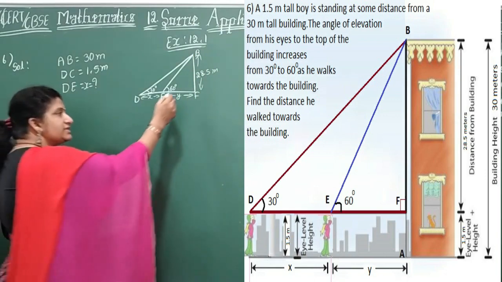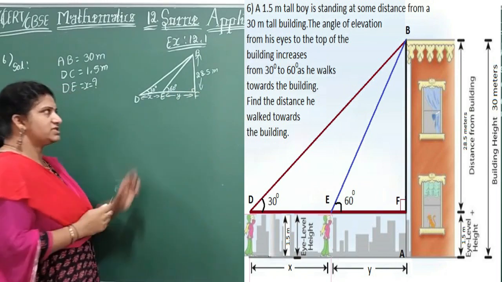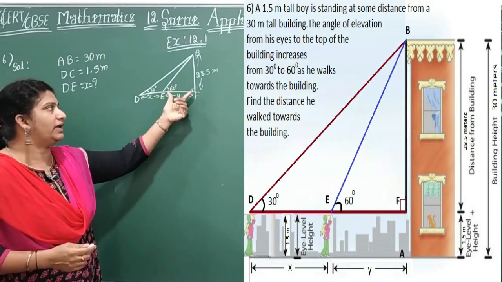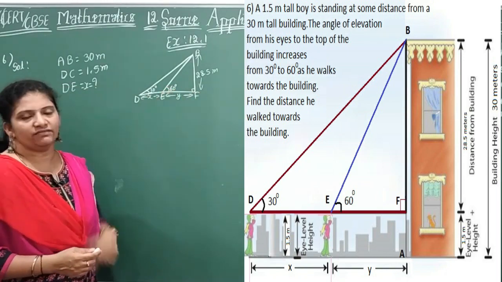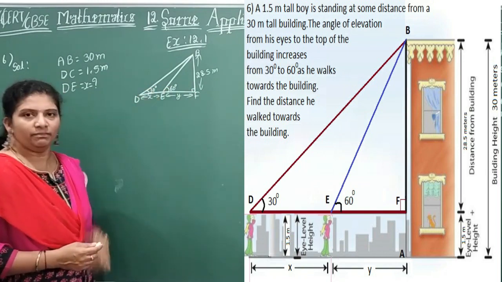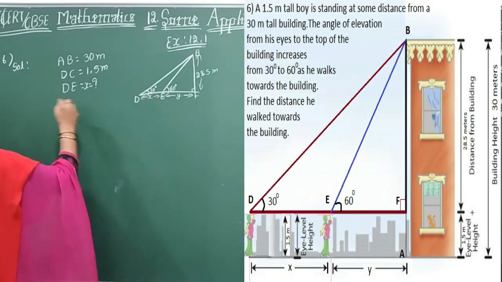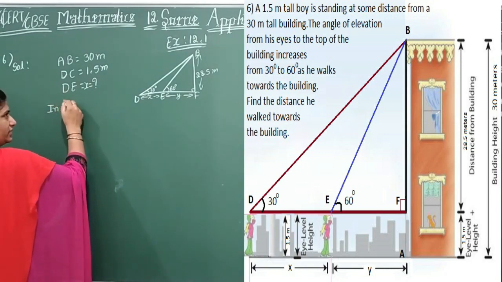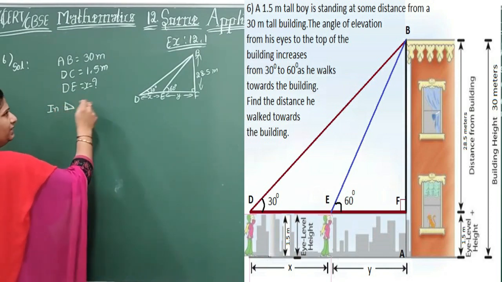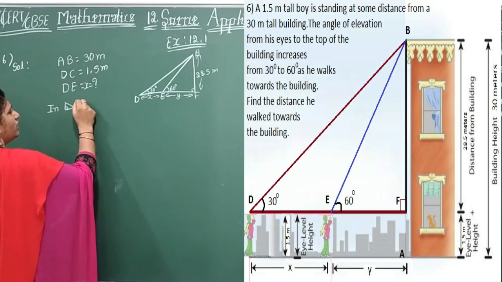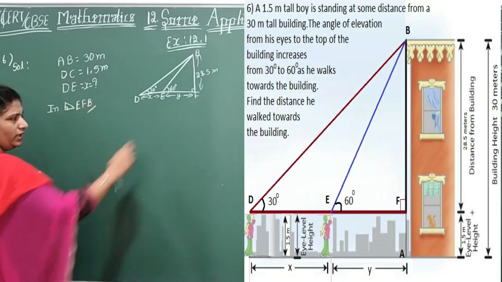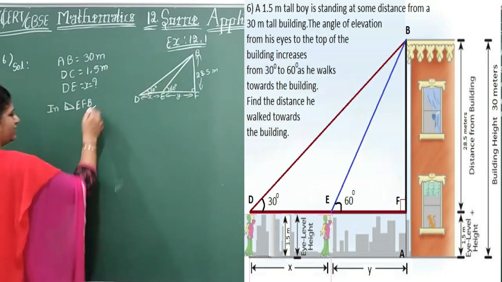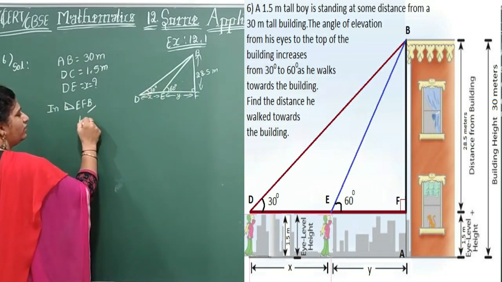Okay, so look here carefully, children. When we are doing this type of problems, first take the nearer perpendicular line. This right angle we need to try. Then we can go with the big right angle triangle. Okay, let's start here. In right angled triangle, right angle triangle symbol here. So let me take here E, F, B. This right angle triangle I am considering here. So what is the ratio here?